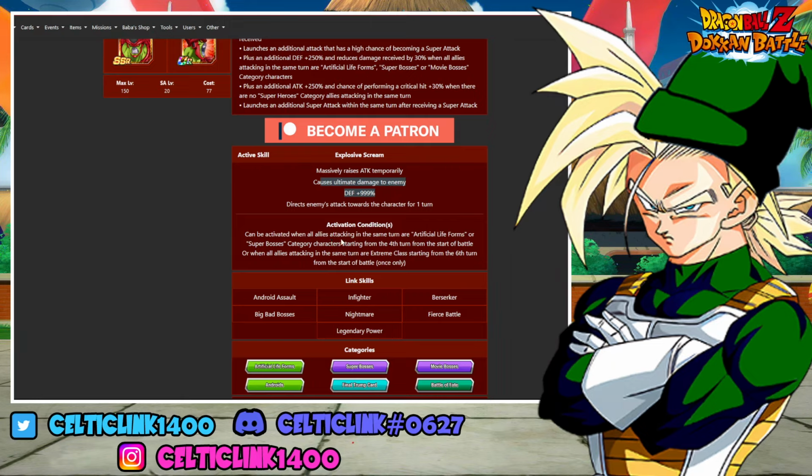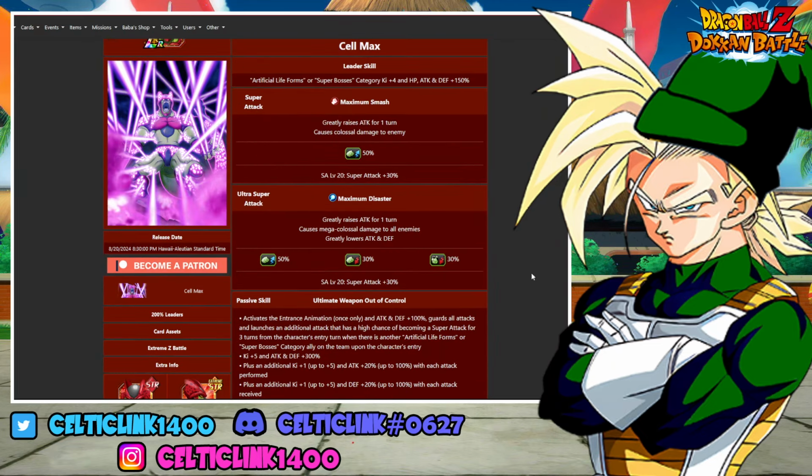And this can simply be activated when all allies are Artificial Life Forms or Super Bosses from the 4th turn from the start of battle, or when all allies are Extreme class starting from the 6th turn from the start of battle. So, I mean, to say the least, this guy is